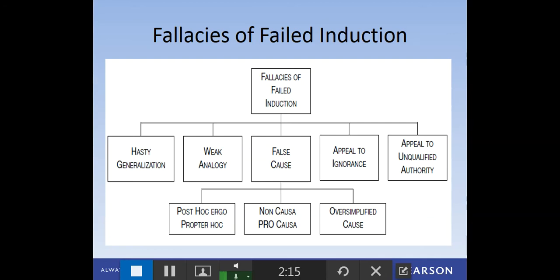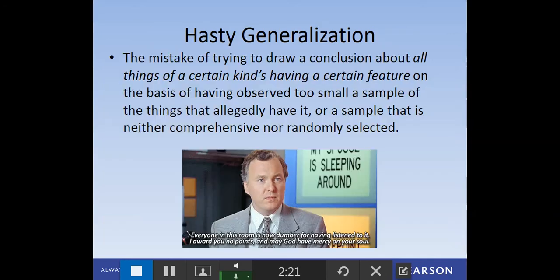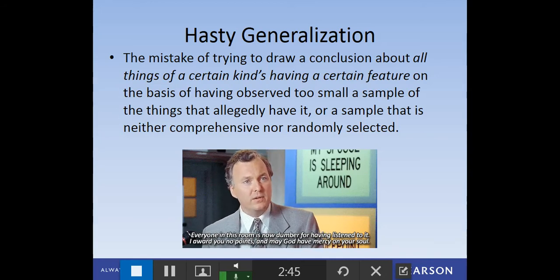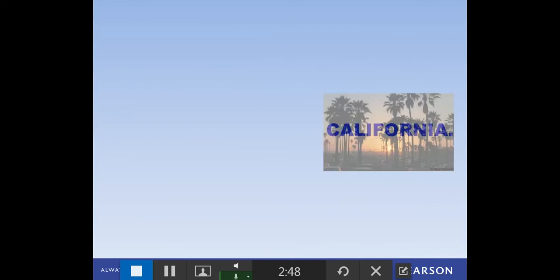I will try to go through these quickly, but maybe read up on them as well and maybe watch some videos on it. So first is hasty generalization, which I think we might have a fairly good mindset of what this actually means. We're trying to ultimately break something down by saying that all things are alike based on either a small sample size or something that's not comprehensive or randomly selected. So basically we're making a generalization that is hasty. We're generalizing information based off not enough evidence is what it breaks down to.